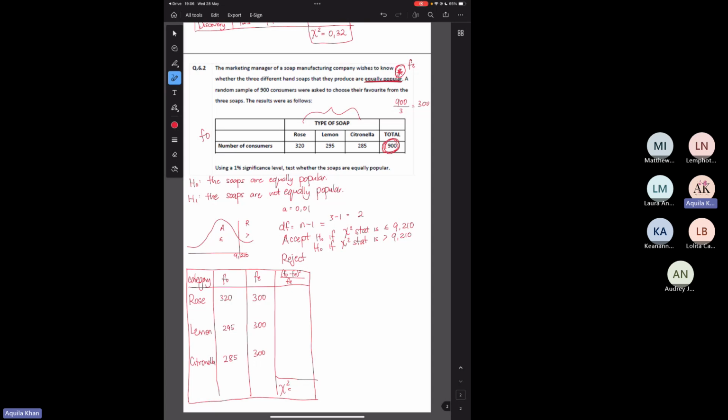And in your last column, you're doing the same thing that we did earlier. It's FO minus FE squared over FE. And that would give you 1.33. Then here it's 295 minus 300 squared over 300, and that would give you 0.08. And the last one would be 285 minus 300 squared over 300, and that would give you 0.75. So this then is going to give you,